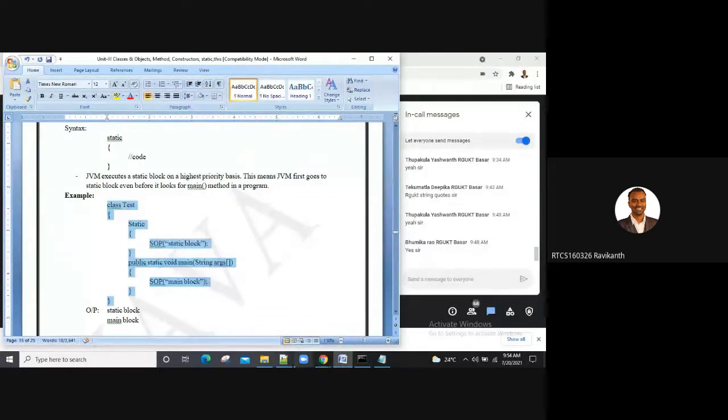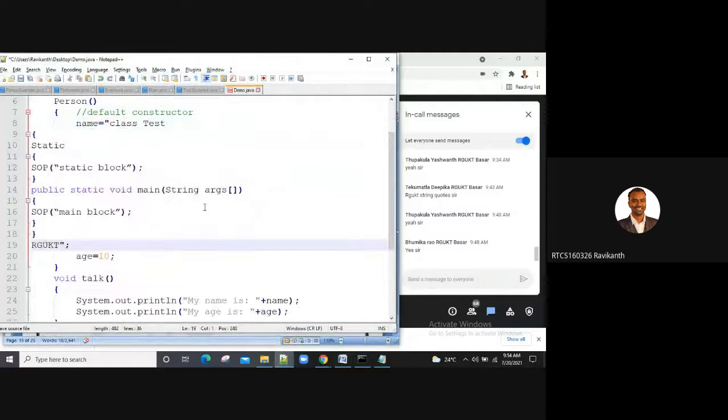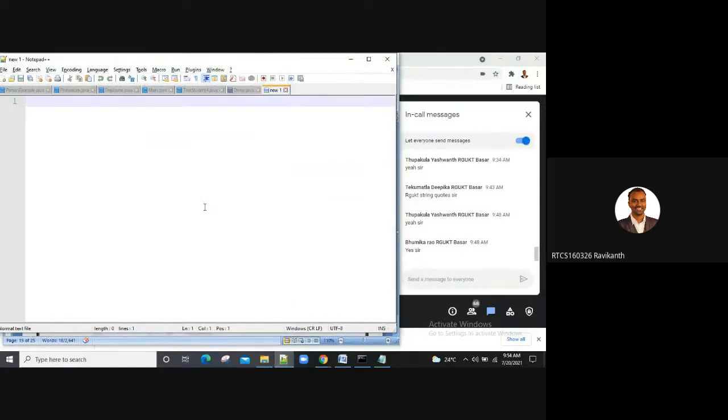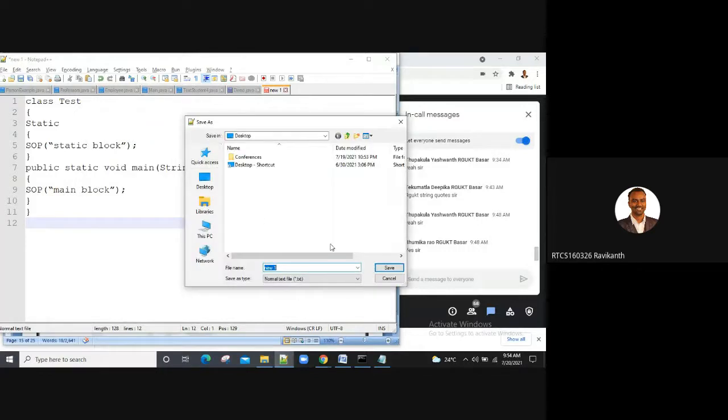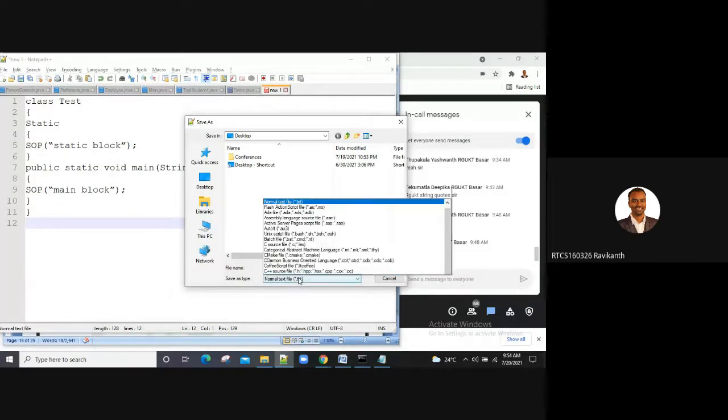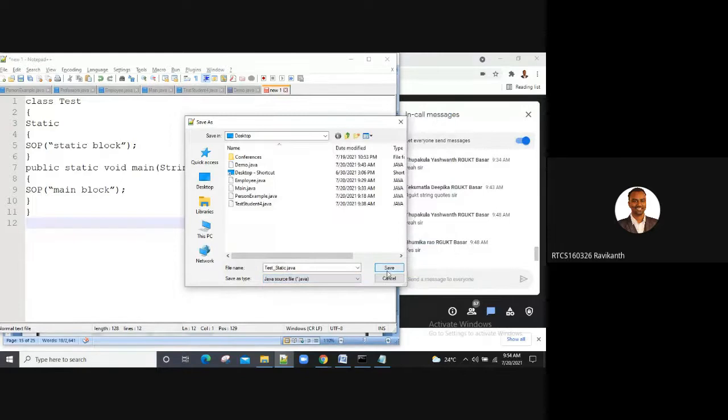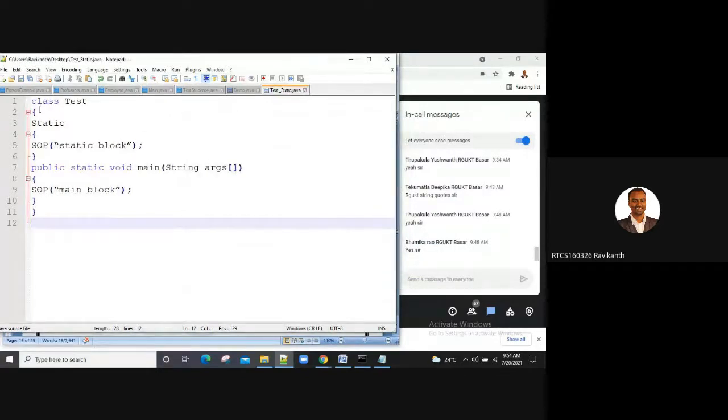For your sake, I'll just trace out this program. We will understand. Test1, Test_static.java.